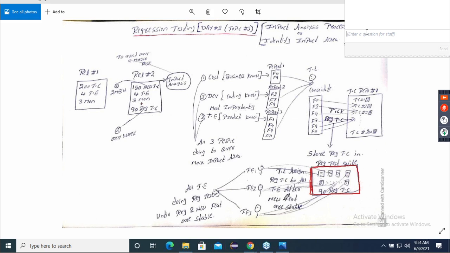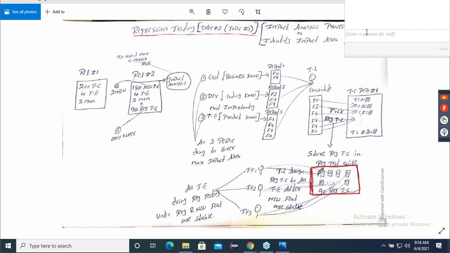So listen carefully. Assume today is Friday. Today is Friday only. Good. The manager will call you for a meeting and he will ask you, boss, regression test suite is ready. I have made it. Regression cases are ready. Now you tell me, guys, how about the new features? All the new test cases are executed. Are they stable? Now everyone will say, yes, sir. My features are stable. All regression test cases are pass also. Now manager will say, done.